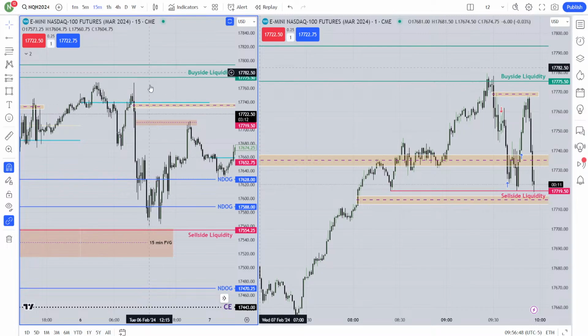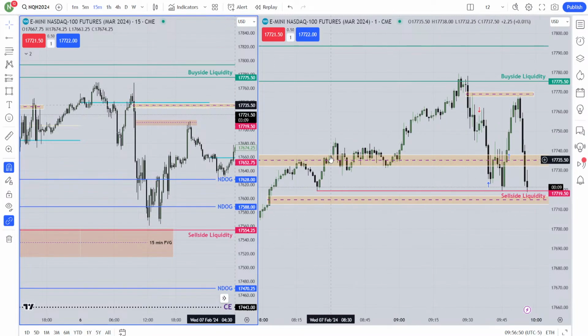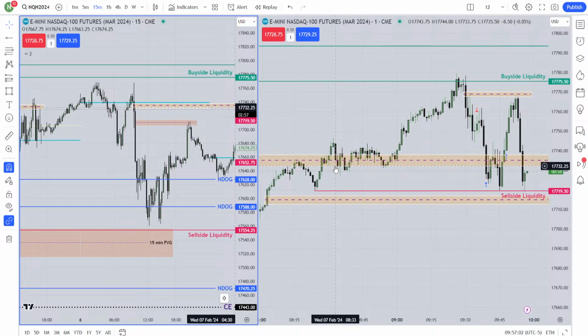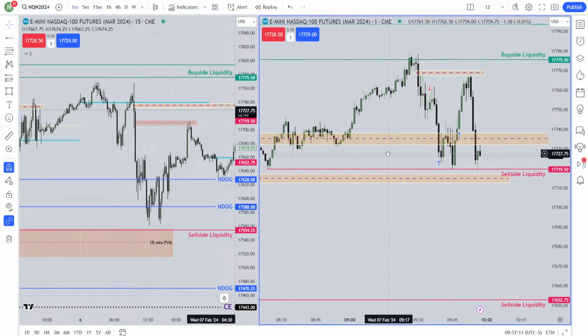Look, there is no other fair value gap. So when it's broken here, one, two, three candle, that means it's broken. When it comes back again to the top of this fair value gap, just go for that entry. Put your stop loss very tight. If you get stopped out, wait one more time, take another entry, put your stop loss below the swing low or something, whatever is actually your